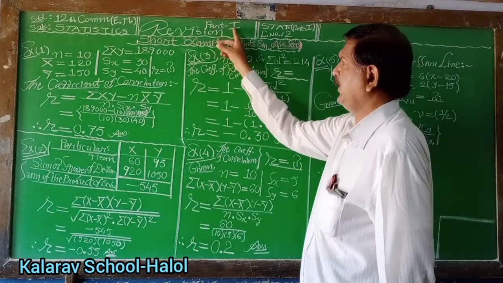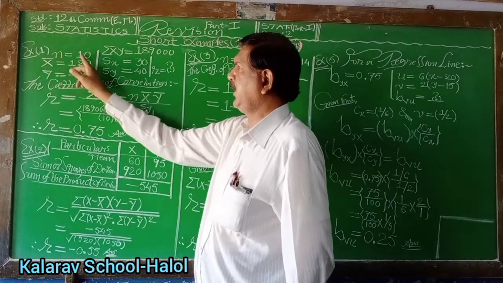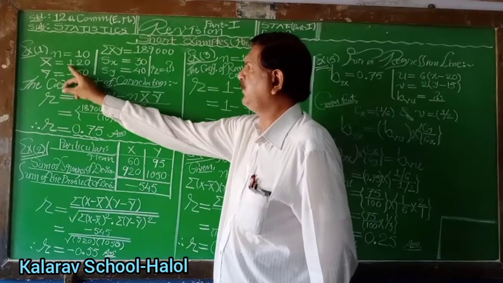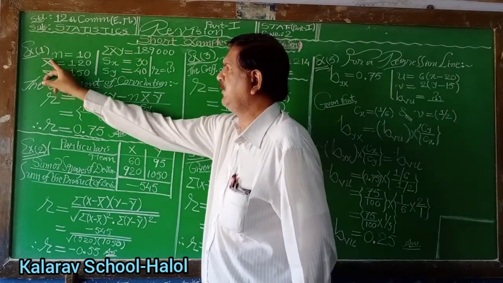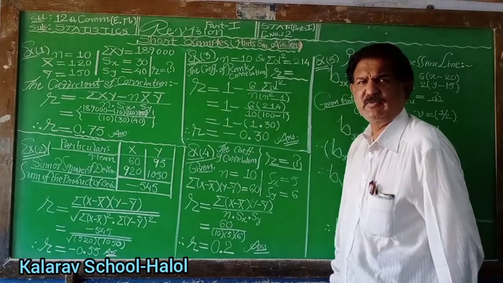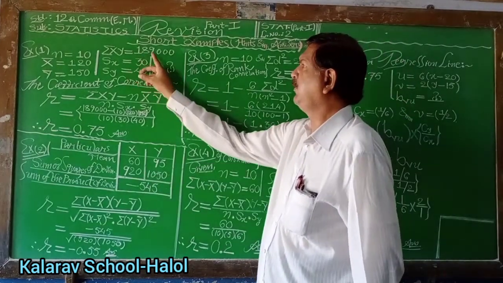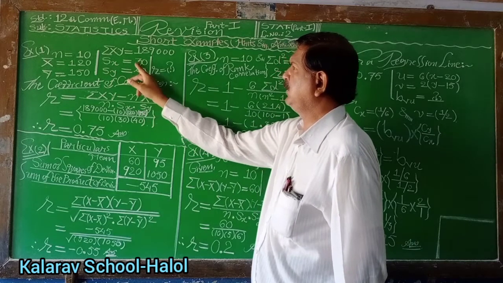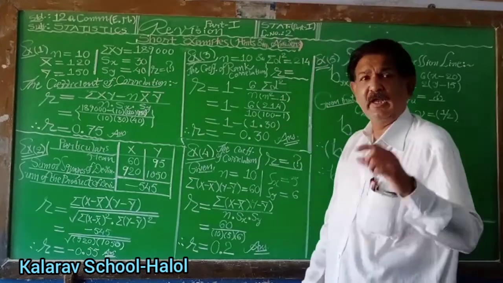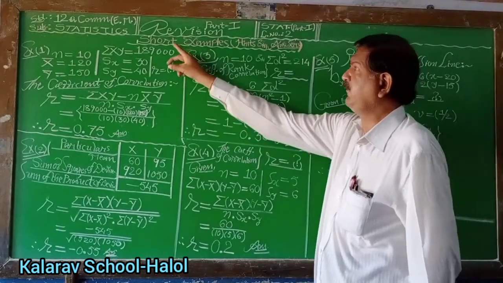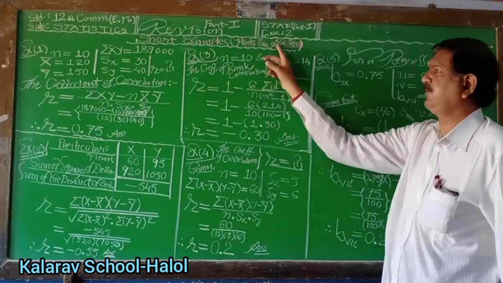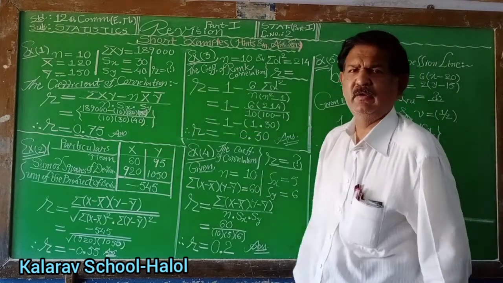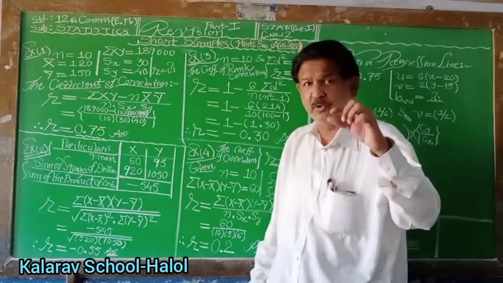Revision Statistics Part 1. Given that n equal to 10, x bar and y bar are respectively 120 and 150, sigma xy is 1,89,000, and sx and sy, the standard deviations of x and y, are 30 and 40 respectively. Calculate r. Here we take the short example, only hints and the answer: which is the applicable formula, and after simplification what is the final answer. The remaining calculation I leave to you, please.